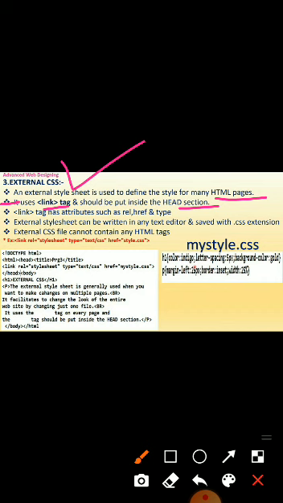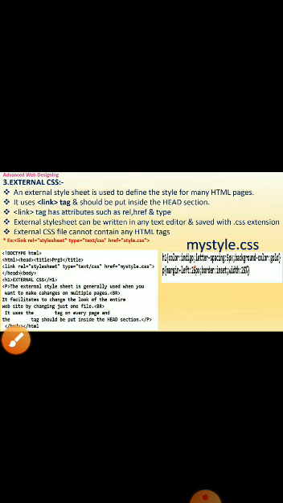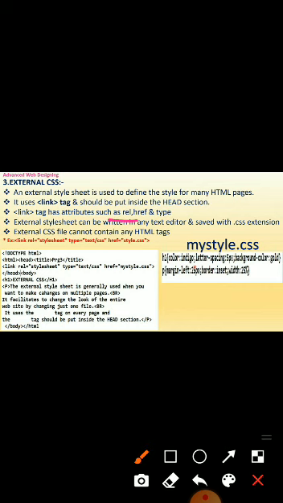The link tag has attributes. There are three attributes of the link tag. First is rel. Rel means the relationship of the file. Second is href.